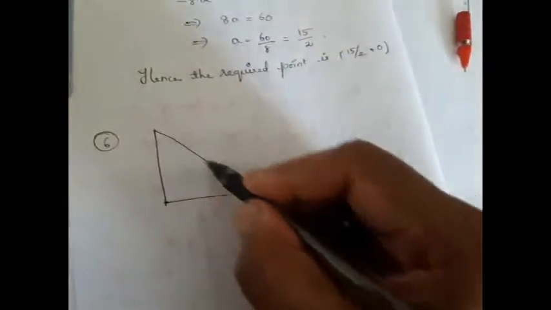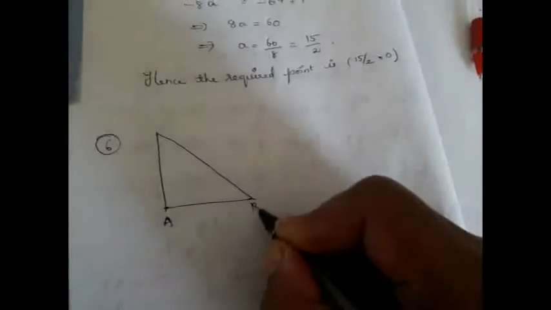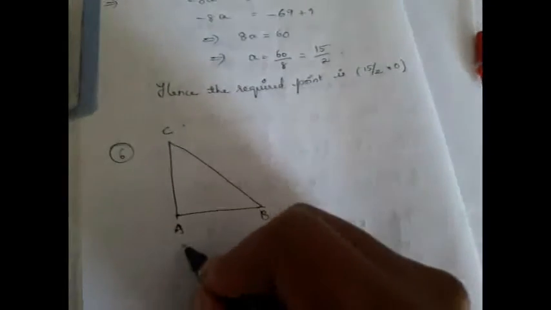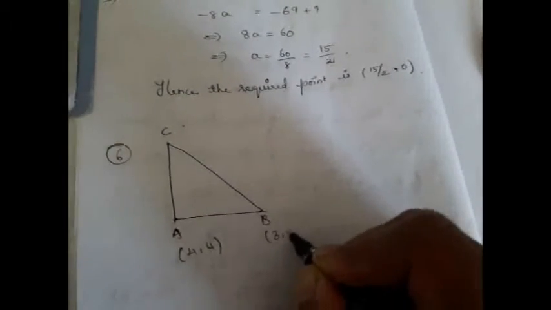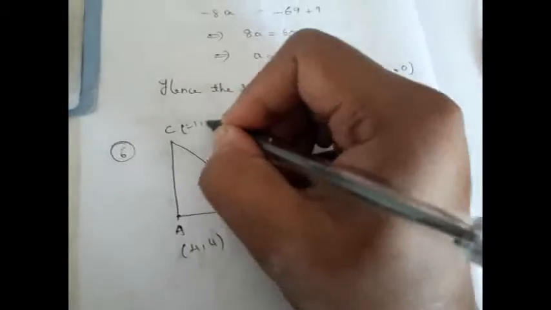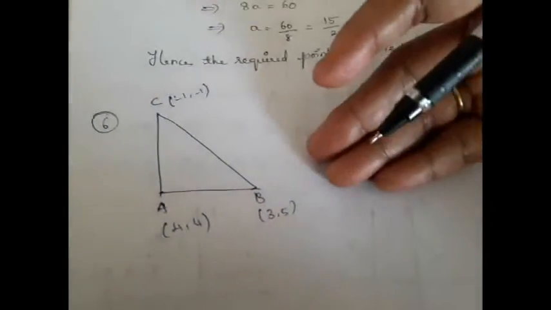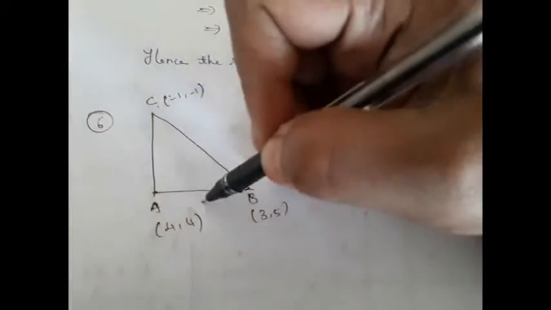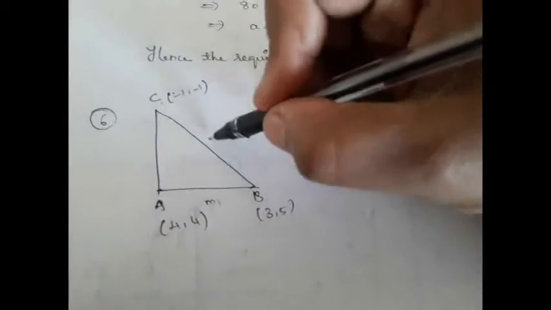We have 3 sides of a triangle, right? And we know all the 3 vertices. So we will find the slope of each side of the triangle. See, we have 3 vertices, say A, B, C. What is your A? 4, 4 and B is 3, 5 and C is -1, -1. So without using Pythagoras theorem, we should tell this is a right angled triangle. How can we tell? Find the slope of AB, and find the slope of BC and find the slope of AC. We will get all the 3.